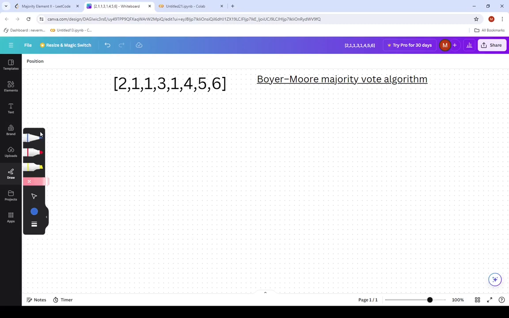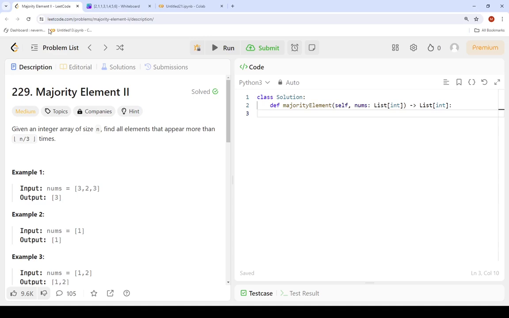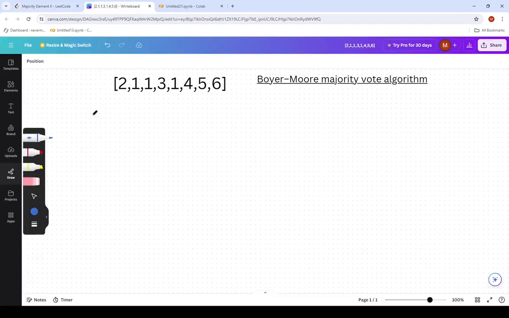Alright, so I have this example here and we're going to use it to understand how we solve this problem. We are asked to find all elements that appear more than n over 3 times. If we reason this mathematically, there can only be at most 2 elements that appear more than n over 3 times. For example, if our n is 9, n over 3 is 9 over 3, which is 3, meaning we should look for elements that appear more than 3 times, which is from 4